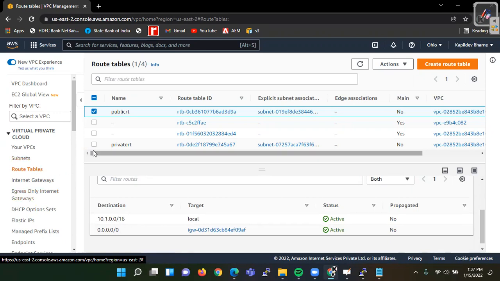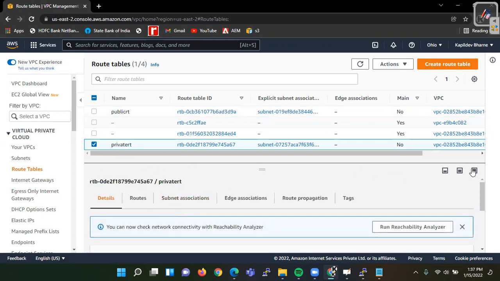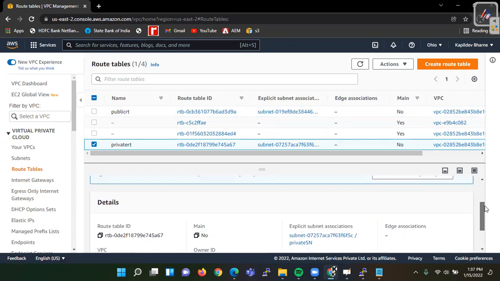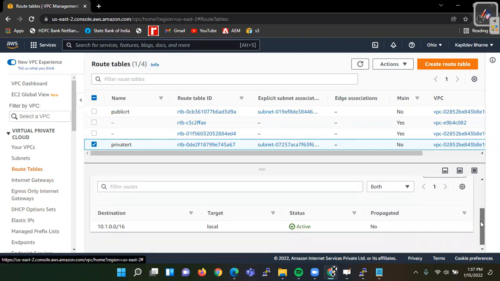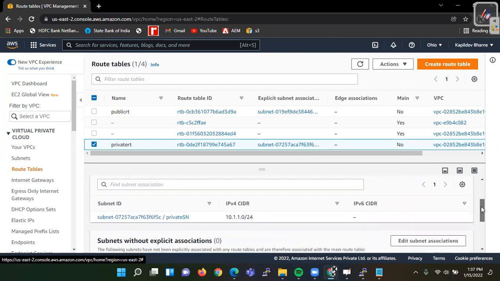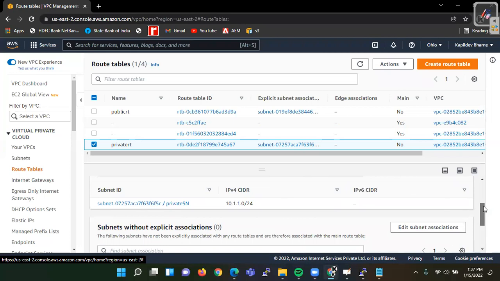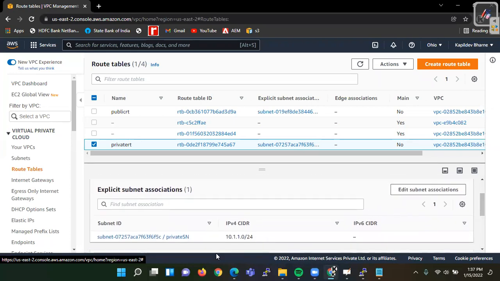So it is fine. To check security rule, I think you have provided ICMP rule for this, inbound and outbound rule? Please check. We have within, and subnet association is this is private. So okay, it is okay.